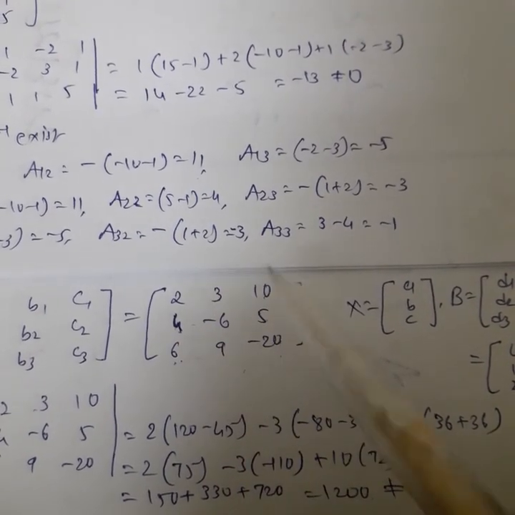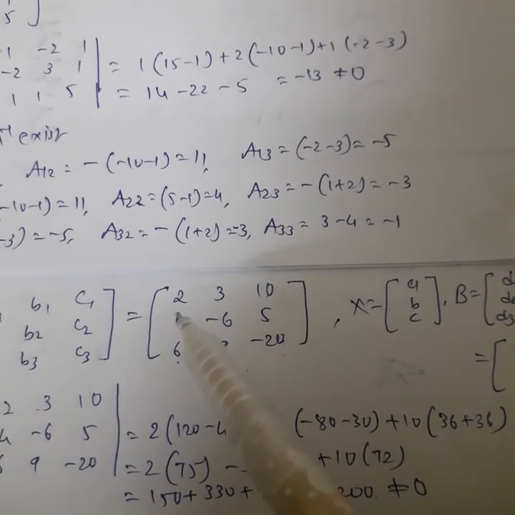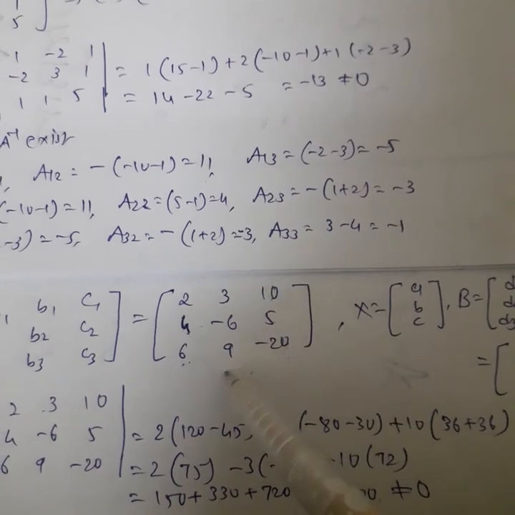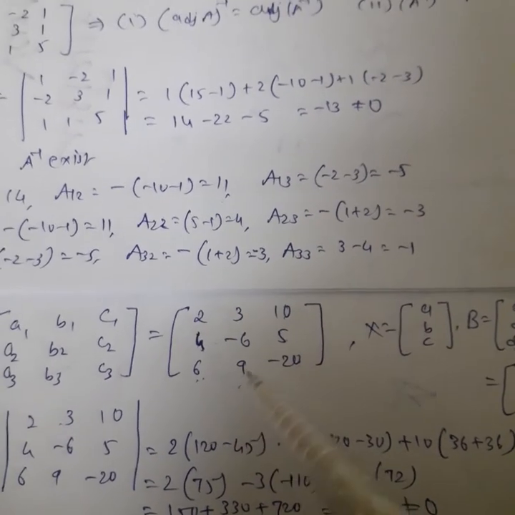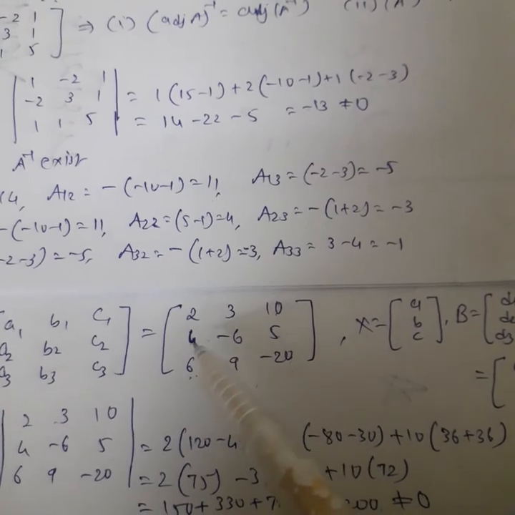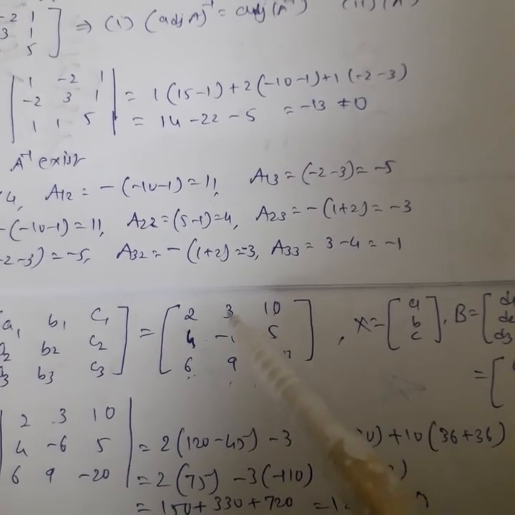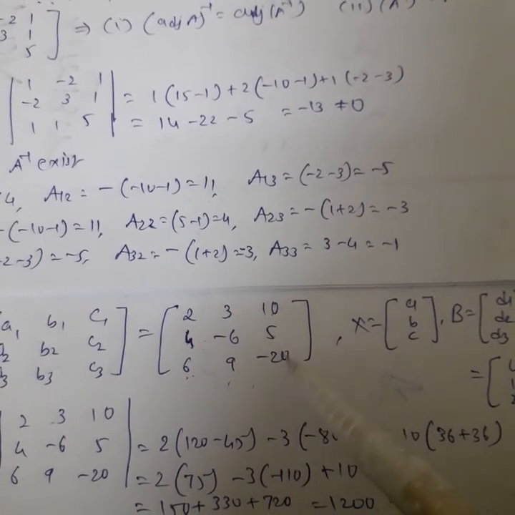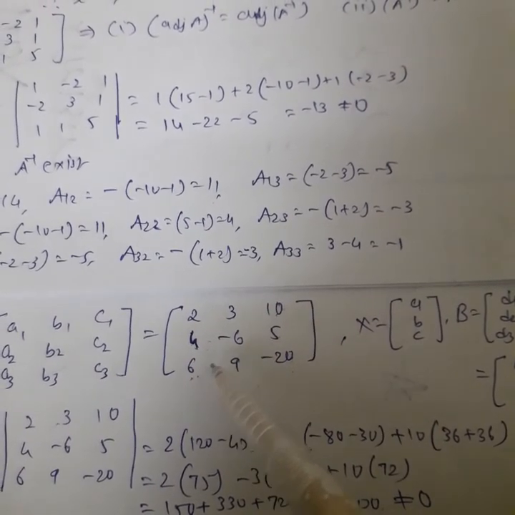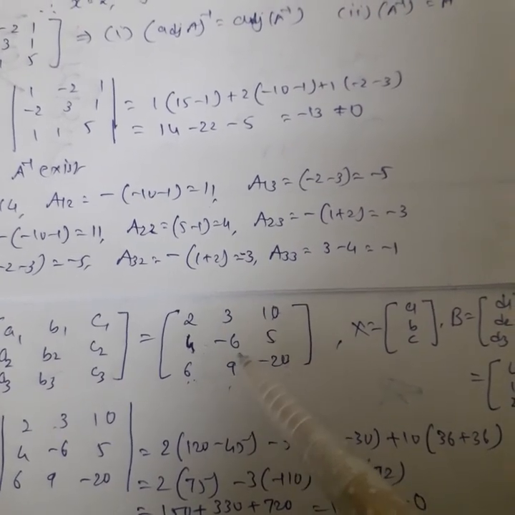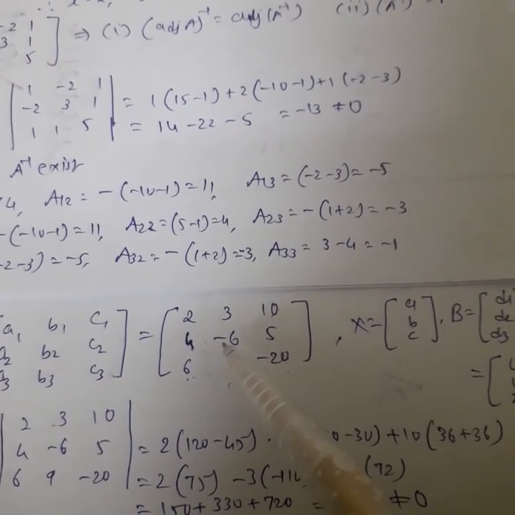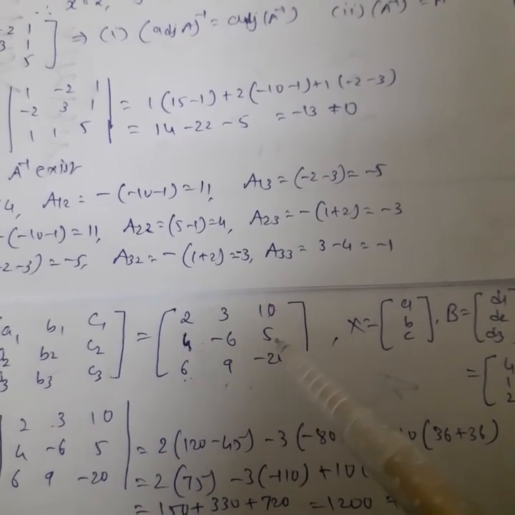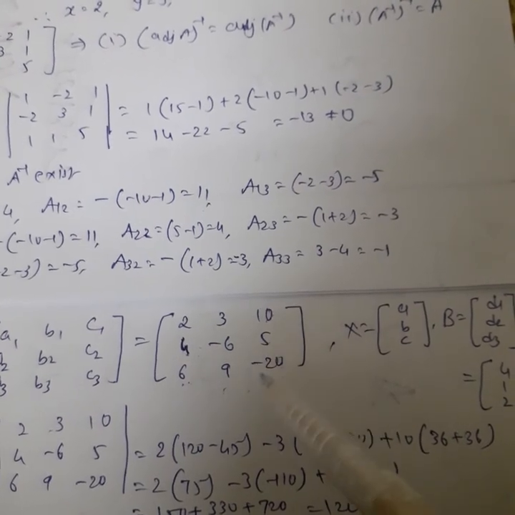If the simplification is negative, then it will become positive. Here we take minus 20 times 3, minus 60, minus 90, minus 150, and the negative sign. So 150 is the cofactor of 4. Now the cofactor of minus 6, the element of second row and second column. We hide them, then the expansion of the remaining entries is minus 40 minus 60, so minus 100, and 2 plus 2 is 4, so we get the positive sign. So minus 100 is the cofactor of minus 6. Now the cofactor of 5, the element of second row third column. 2 plus 3 is 5, so again we have the negative sign.